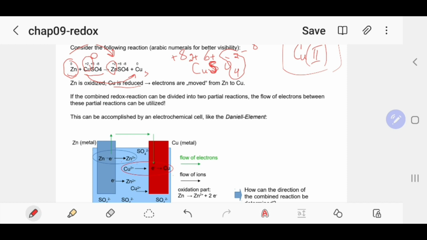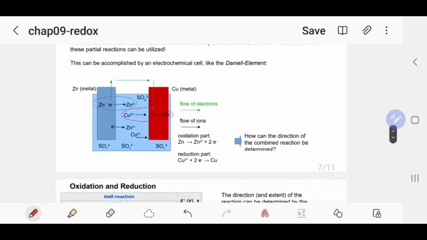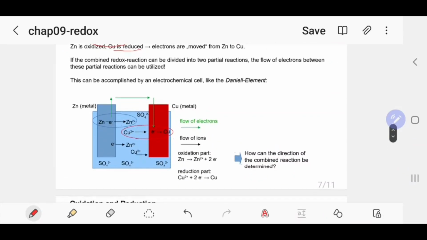And we have a kind of exchange of electrons from zinc to the copper. And since we have a metal and a liquid solution, in this case we have a flow of electrons, and this is how a battery functions. But to be more specific,